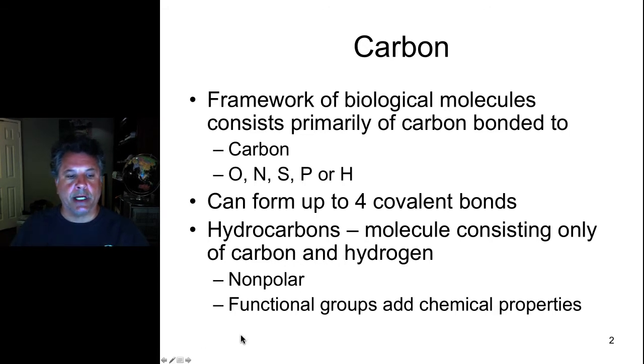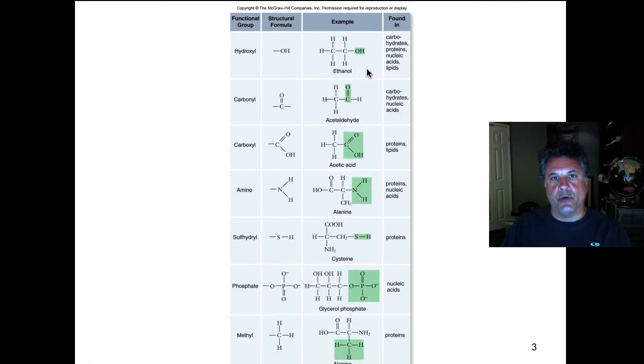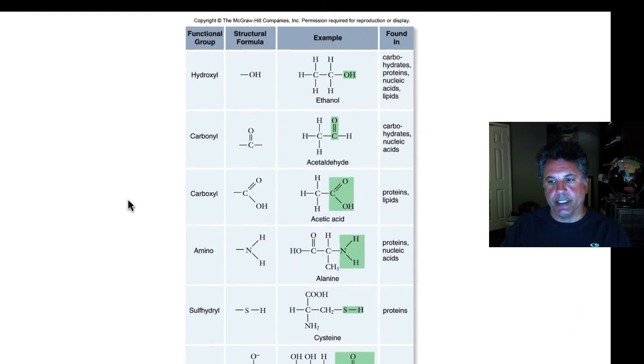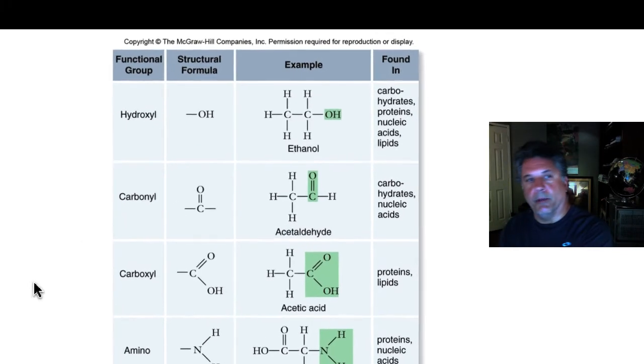We'll talk now about some functional groups and the chemical properties that the functional groups add. When we talk about functional groups, we're adding other elements into a simple hydrocarbon, and that will dictate how those functional groups behave in a chemical sense and in biological systems. So let's get some basic functional group nomenclature down. Let's study this for a little bit here.